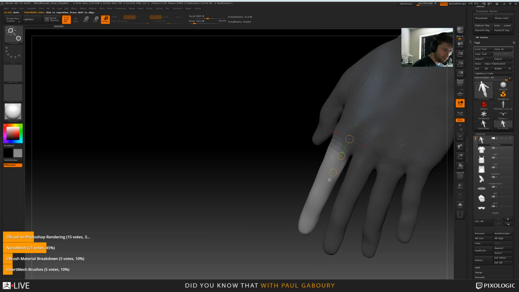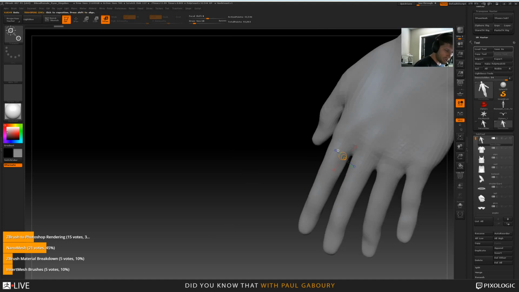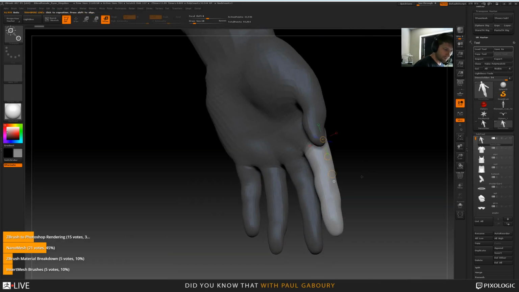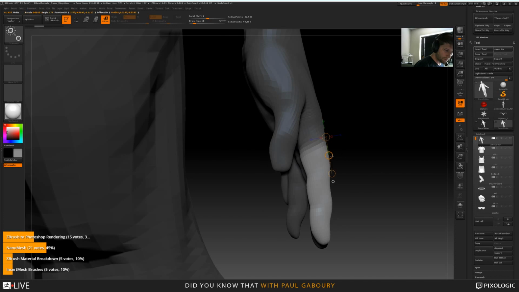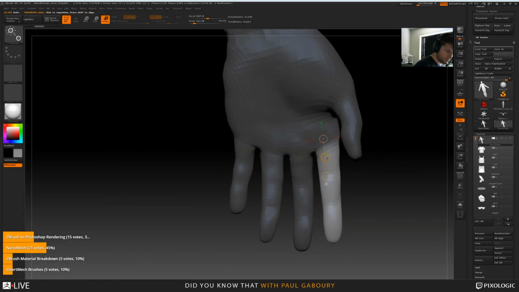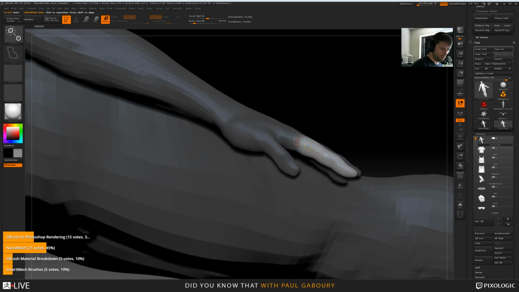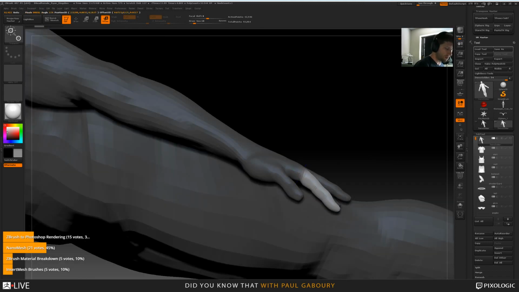Remember, it's a bone, so let's make it actually act like a bone. I keep clicking the surface. Okay, moving a little bit more in this direction. There you go. So what you do is, instead of rotating like this, grabbing this and doing that,